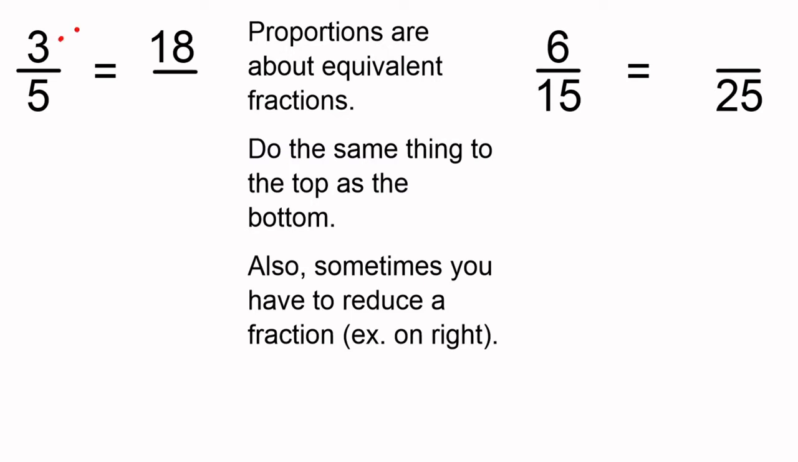So we have 3 times 6 to get 18. So we need to also multiply the 5 by 6. So 5 times 6 is 30. So that's one proportion. Although sometimes you'll have the situation where you need to reduce the fraction first, like I